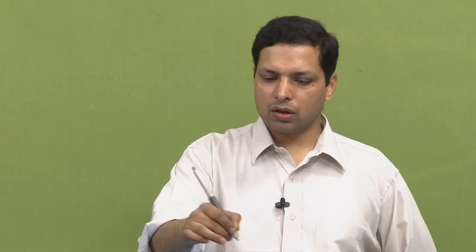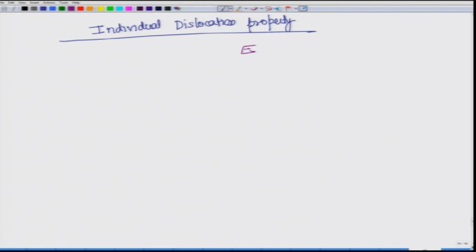So, there are two dislocations, like I said, in the pure form: edge dislocation, which I am writing like this, EL; screw dislocation, which I am writing like this, SL. What do we know about the relation between U and B? For the edge dislocation, what did we see? U and B are perpendicular to each other. Okay, the line sense may change, positive or negative. For the screw dislocation, they are parallel. Again, the sense may change, meaning it can be parallel or anti-parallel, but in a broad sense it is still parallel.